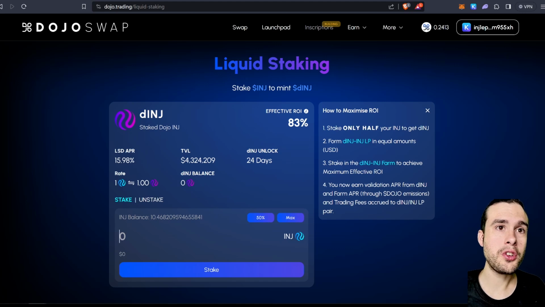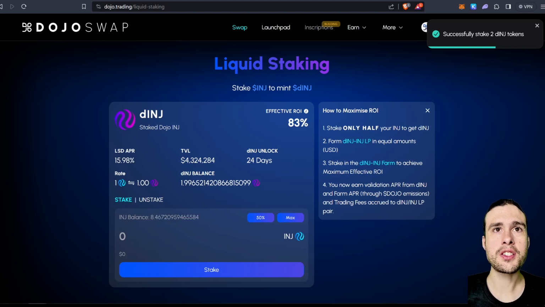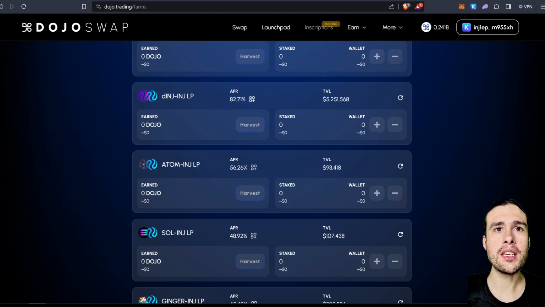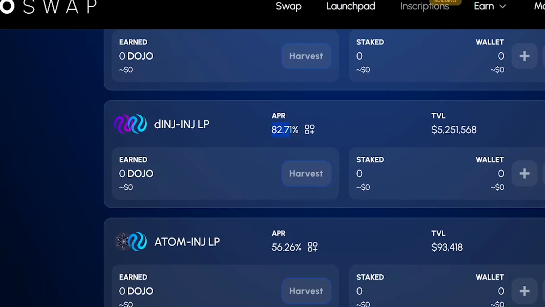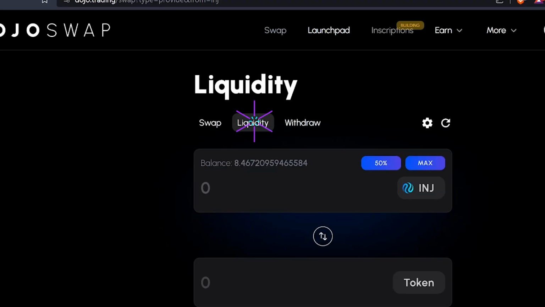So we're just going to do a small amount to start off with. There's only 10 Injective left, so I might just do a 2 and a 2. So let's just go here to 2, confirm. Okay, so now that's been swapped. Let's go to the farms and then we're going to add to this pool here, which actually has 82.7 APR, which is pretty sweet. So we'll come back over to swap and we're going to click liquidity here